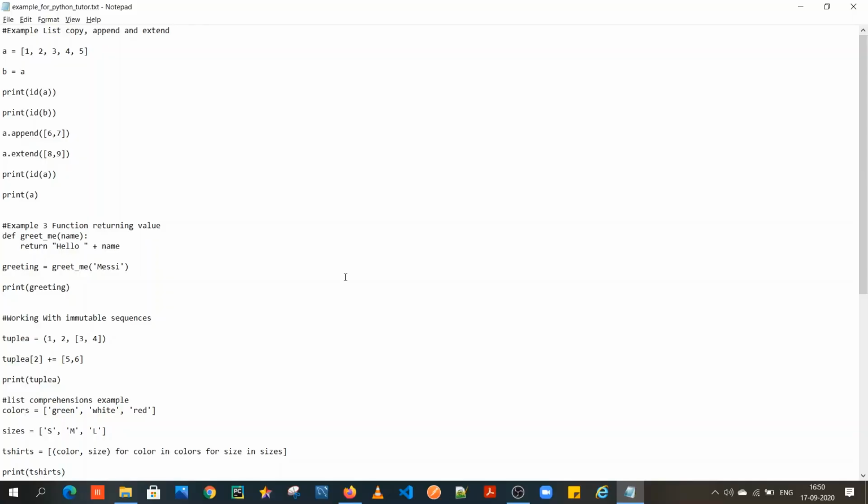So the first example I have to demonstrate Python Tutor is the list. A list is essentially an array, more like a V array, that can store a number of elements, homogeneous or heterogeneous. It can store absolutely anything. So when I do b equals a, if I am to explain it to a person who's just starting or even an experienced one, I'll say that when this step happens, b equals a, Python doesn't create a new list, but b is a reference which just points to the object where a points.